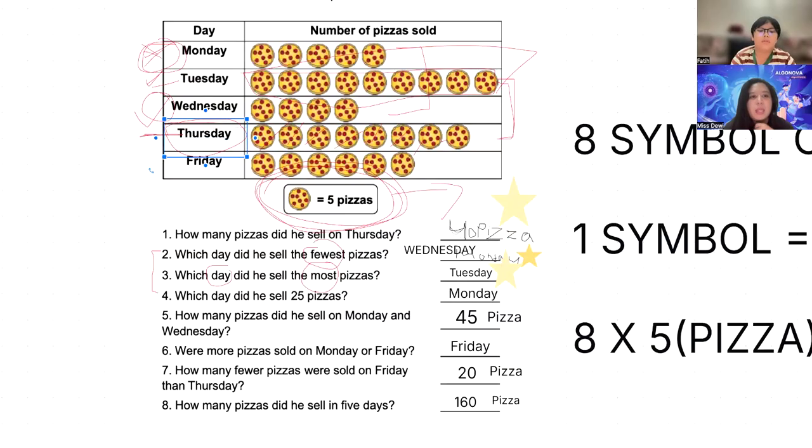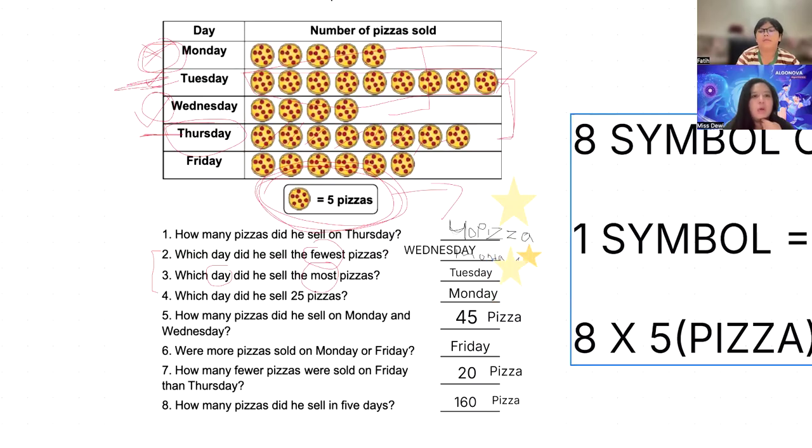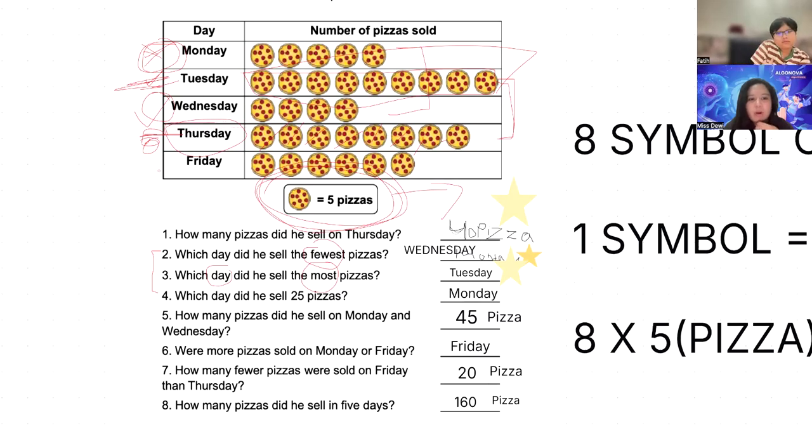I think to make it easier, you can skip Tuesday since it has the most, correct? Yeah, so we skip Tuesday. We don't count Tuesday anymore. You can skip Thursday also, since it's the second highest after Tuesday. So you can say that's not possible to make 25. Now, what days do you have left? Monday, and then Wednesday, and then Friday. Now check one by one.